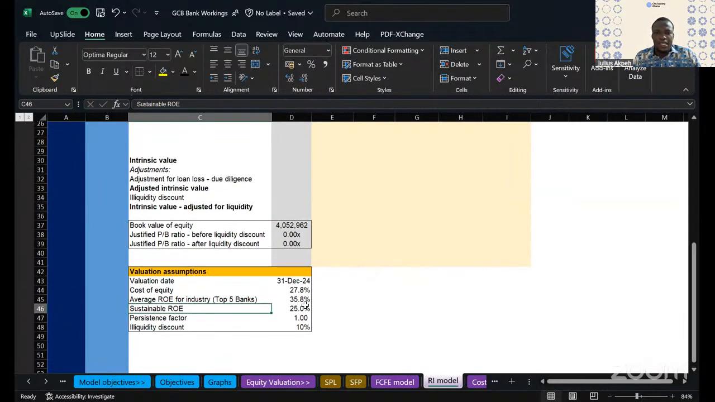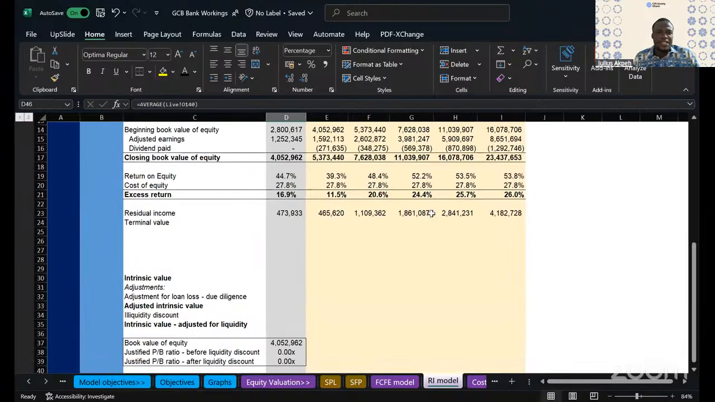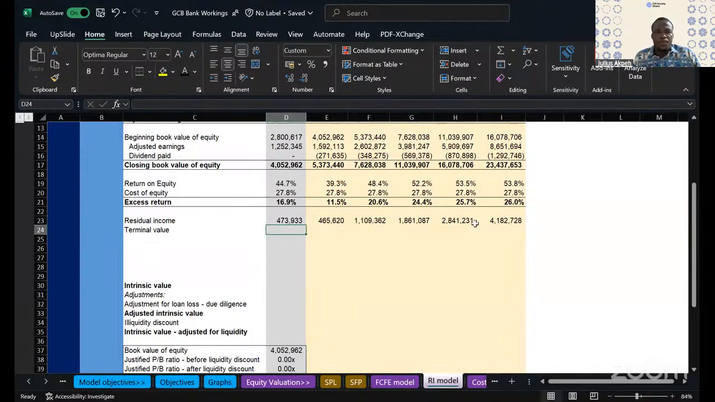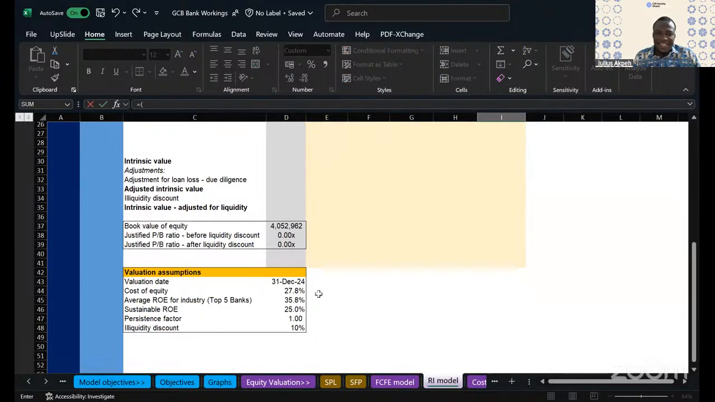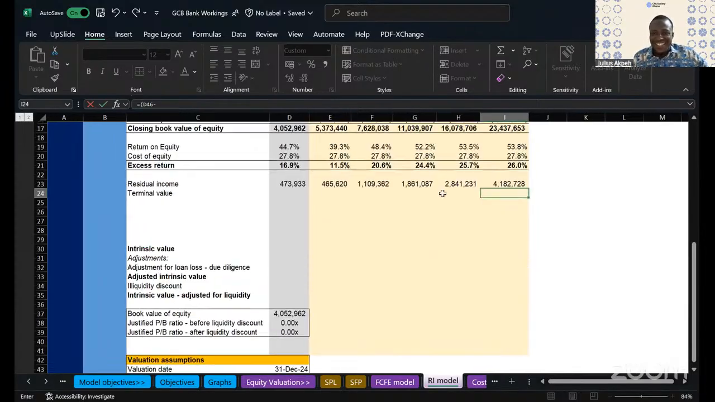Sustainable ROE, let's leave it at the 25. We just have it, just a normal number we have there. So the terminal value will be, and you remember the formula we use for a terminal value. It's going to be the sustainable ROE at this point. Anything can happen, my light can go off. In case it does,